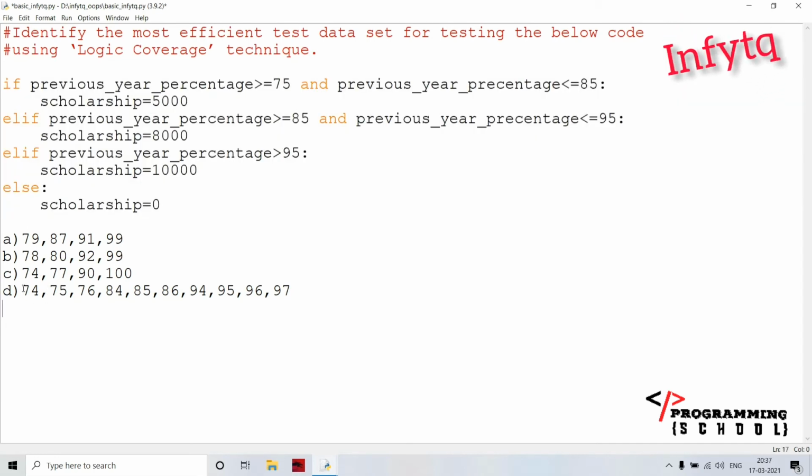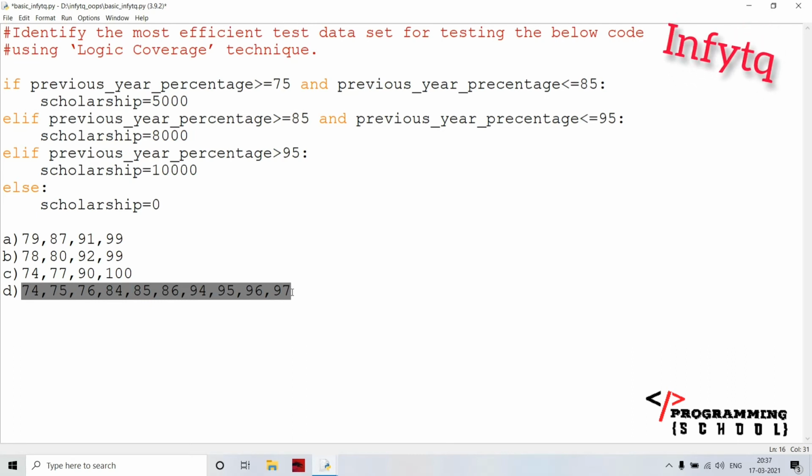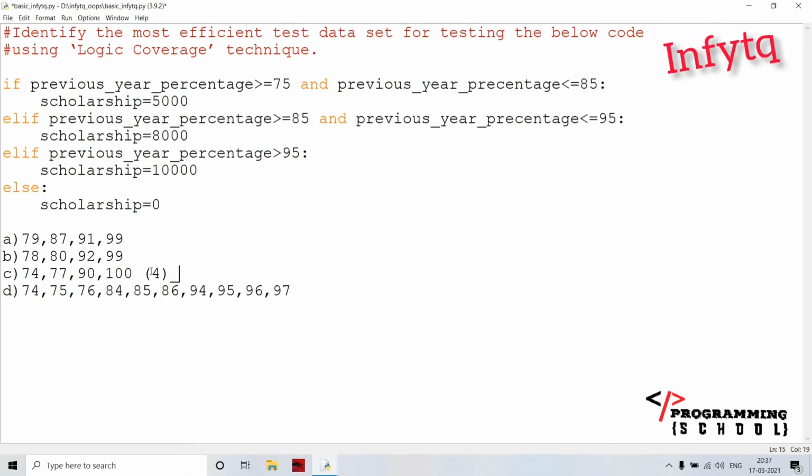If you go for the next option, for example, it is going to clear all the test cases with fewer test cases. Then D is the best option here, for example. Okay, but here I am going for option D also, I will tell you. Here I am going to use all four values to check all the test cases.